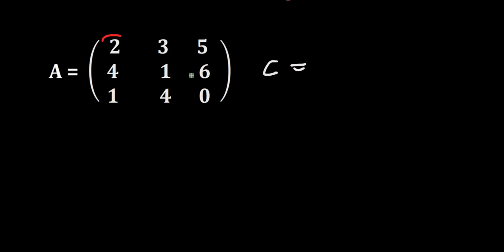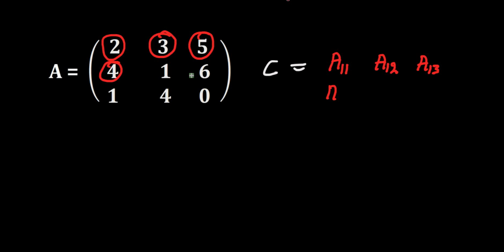Now the location of this element 2 can be written as A in row 1, element 1, and the location of 3 as A row 1, element 2, 5, A row 1, element 3, 4, A row 2, element 1,